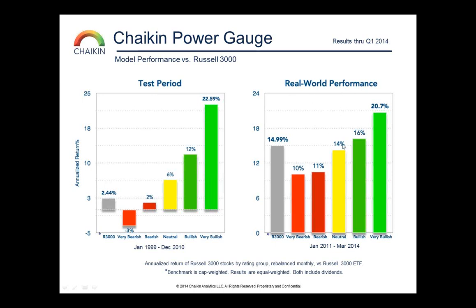The real-world performance is probably a better indicator. In 2011, Mark locked down the model. Through March of 2014, the first quarter, which we'll update soon, the Russell 3000 was up 15%. The very bullish names were up almost 600 basis points above that. The bullish names a couple of hundred basis points, the neutral names almost the same, and importantly, the very bearish and bearish names underperformed, right? Your opportunity to short, and you get what you look for, which is that stair step